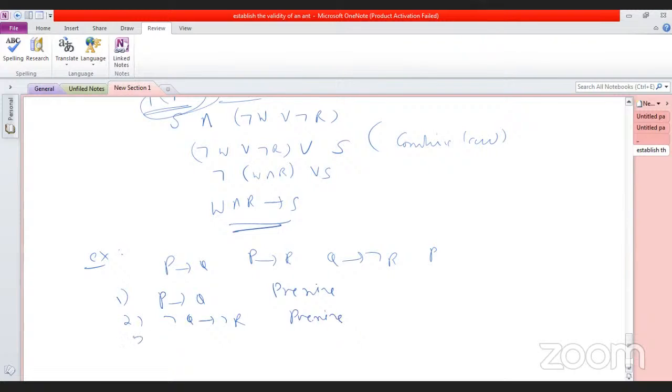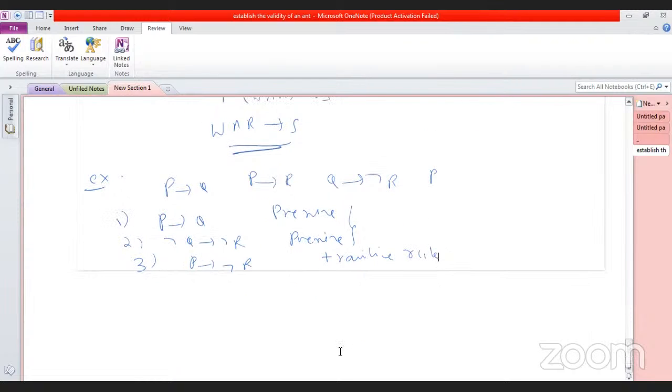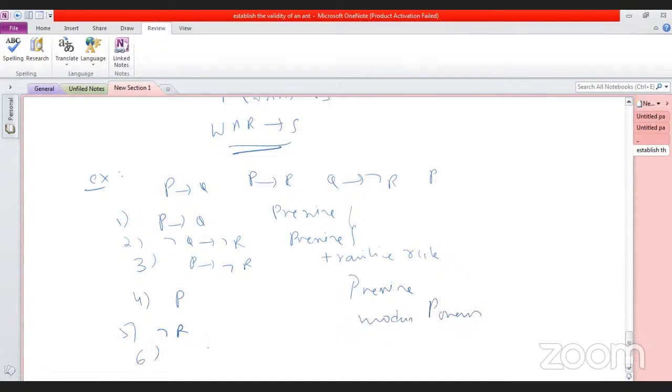First we take the premise conditions here. Then P to negation of R, I am taking from 1 and 2. These, from 1 and 2, is called the transitive rule. I am writing here transitive rule. And for the fourth condition, I am taking P here. So P is also a premise. And the negation of R, we are writing negation of R. So negation of R is from 3 and 4, premises and a transitive rule. So it is modus ponens. The sixth one, P to R,